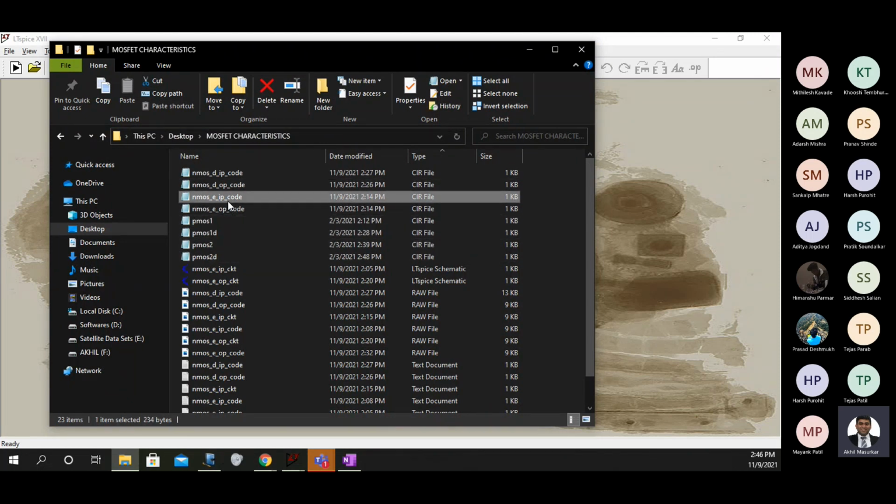That's it. Enhancement PMOS. Better output characteristics input type. Nice.